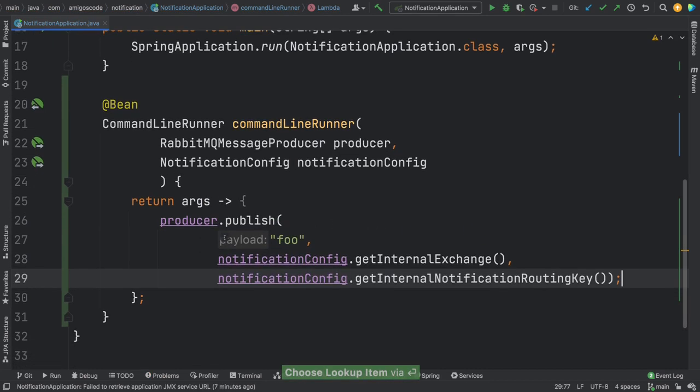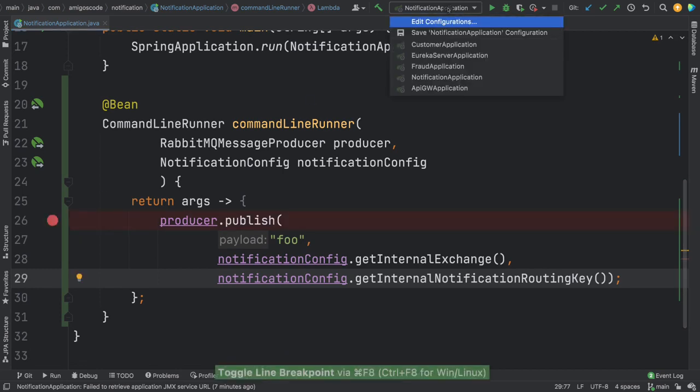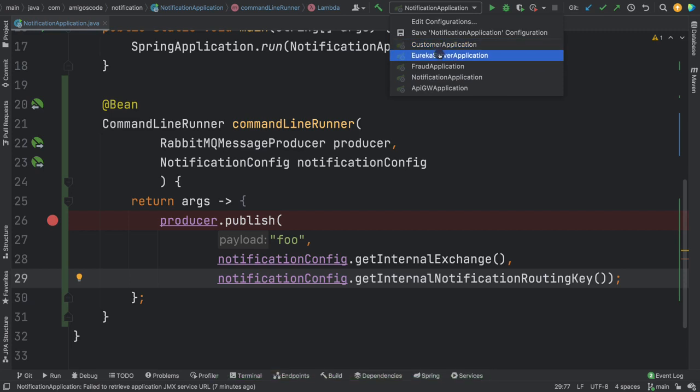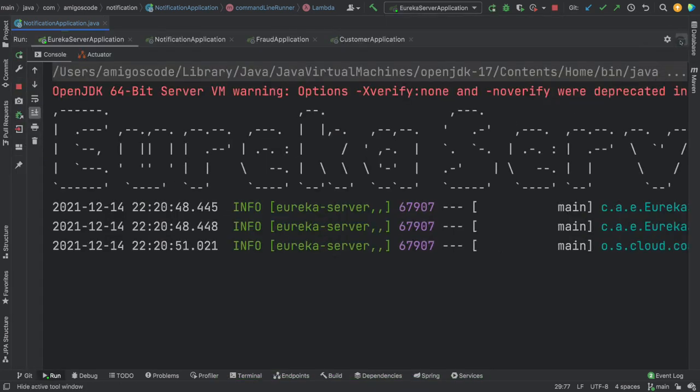So hopefully this should work. So let's just put a breakpoint in here and let's start the Eureka server. There we go. And while this is starting,